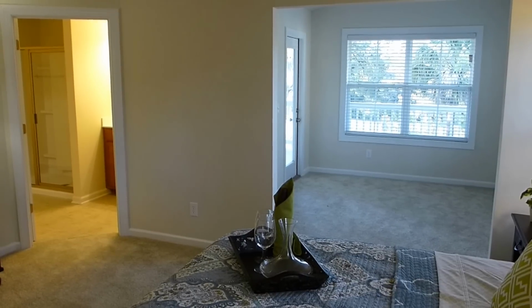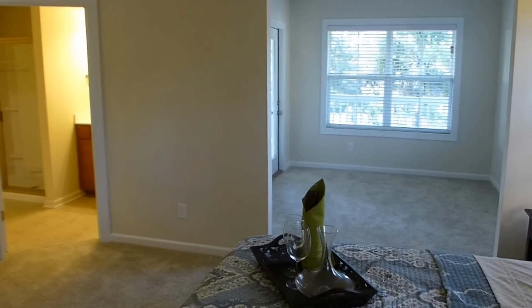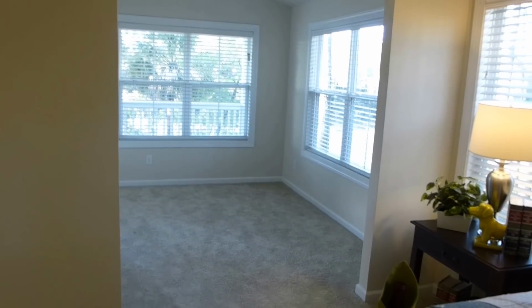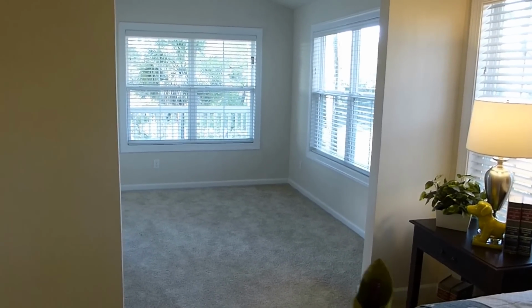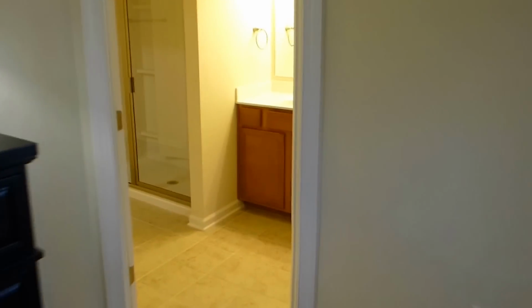That's where this builder is building, and here we have these brand new homes, over 2,000 square feet. Now the second floor has this sitting area off here. We're in the master bedroom suite. Second floor has that little sitting area right above the same type of area downstairs. Off to the left here you have this private master